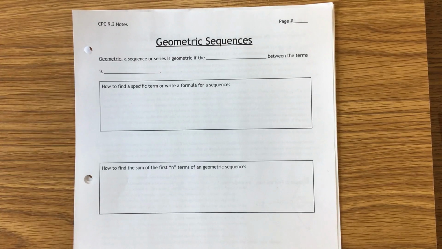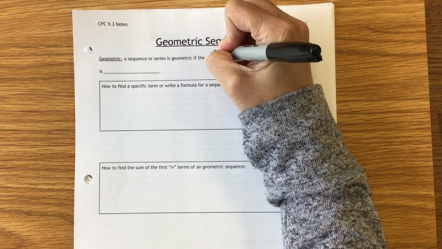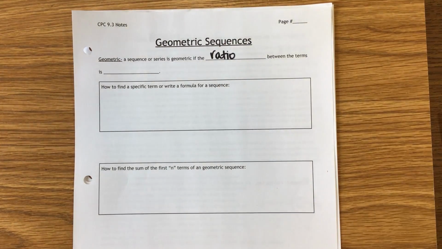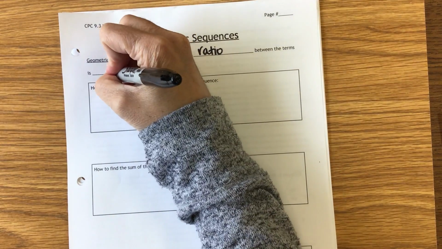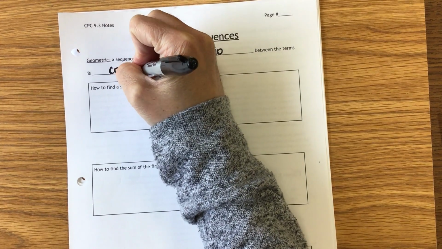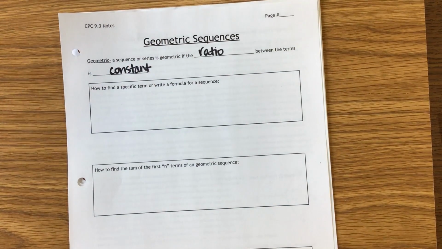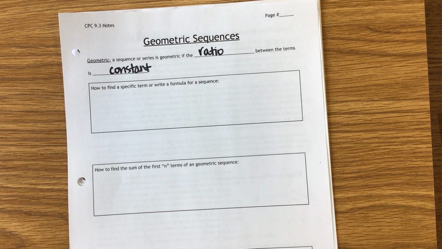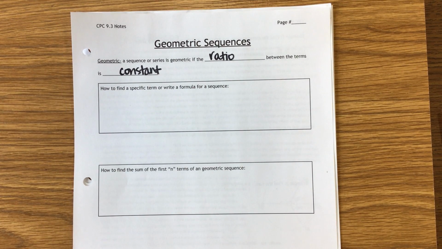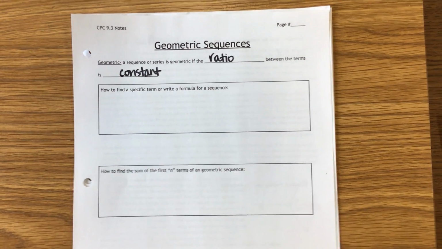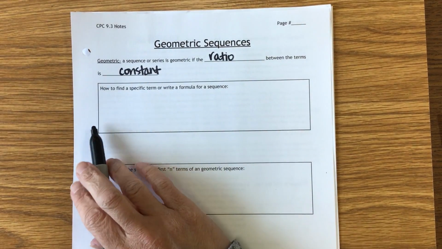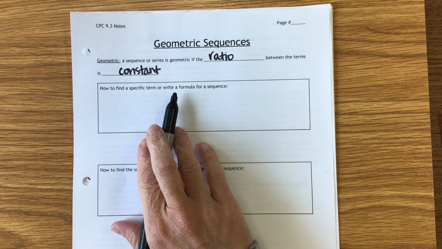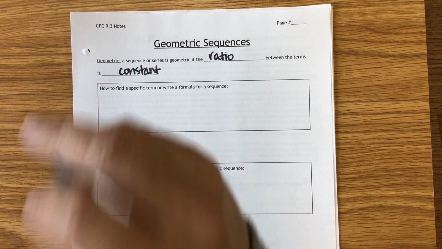Geometric sequences is our next topic. It is a geometric sequence or series if the ratio between the terms is constant. What that means is if you are always multiplying or dividing by a common number, then it is a geometric sequence. So if we're looking at how to find a specific term or write a formula for a sequence, and